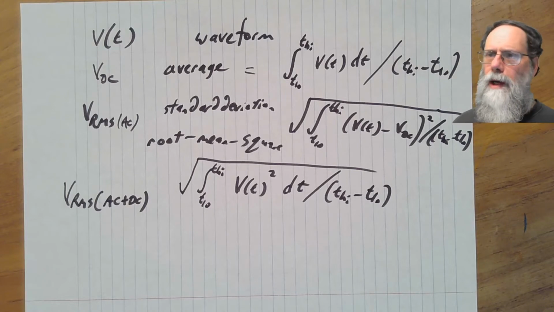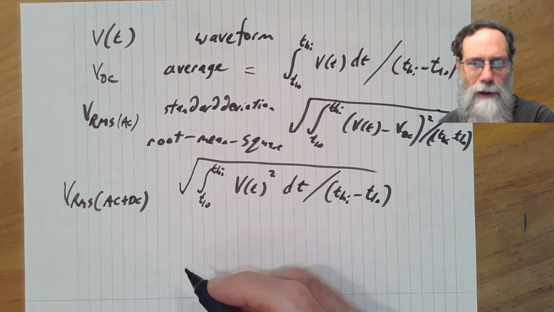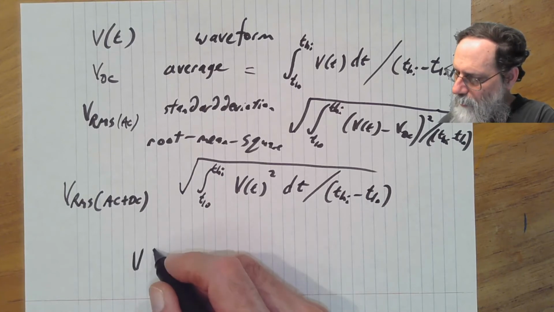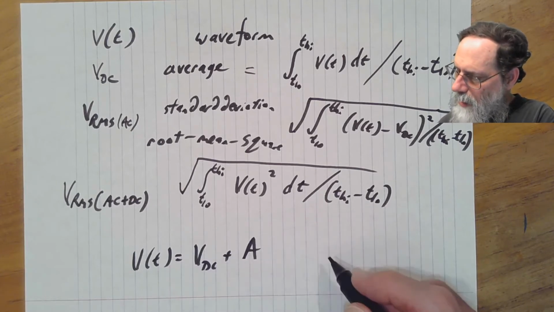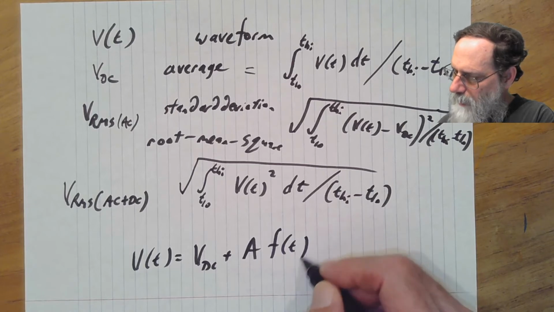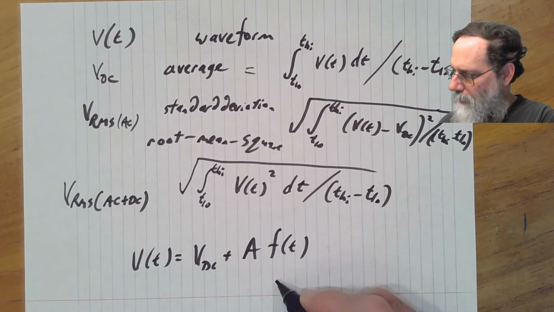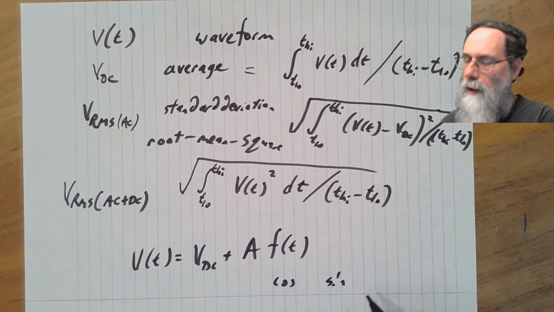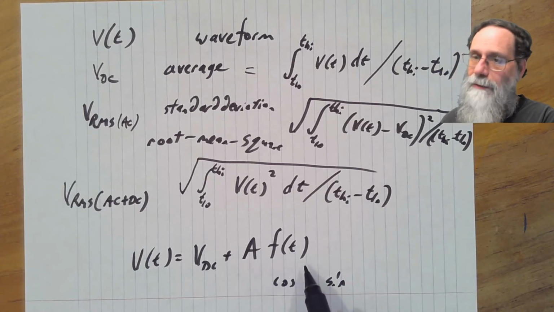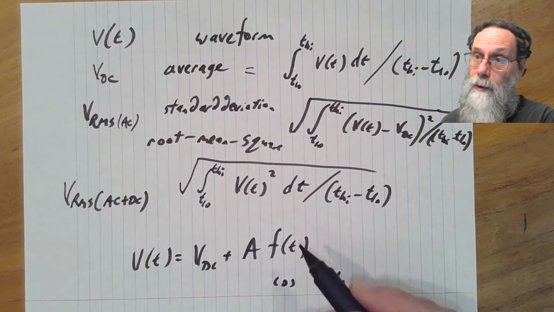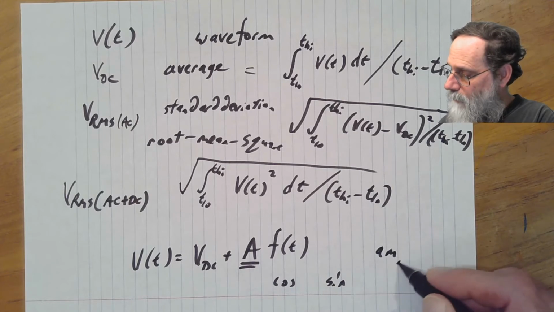There are other ways of looking at this thing, and that is quite often our waveform is going to have something that looks like voltage of time is some DC part plus a constant times some function of time, where the function of time is often normalized to be between -1 and 1. So it might be something like a cosine function or a sine function. It can be other things as well. And then if we have this function of time being normalized to being between -1 and 1, then this A is referred to as the amplitude.